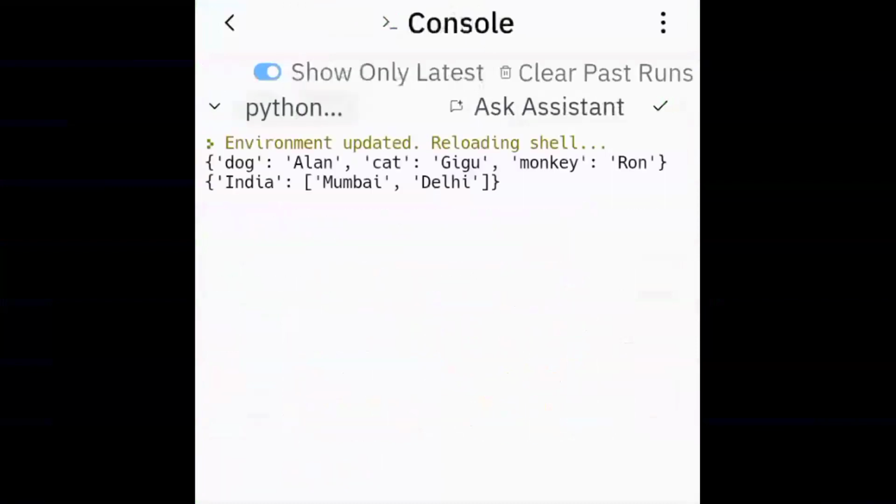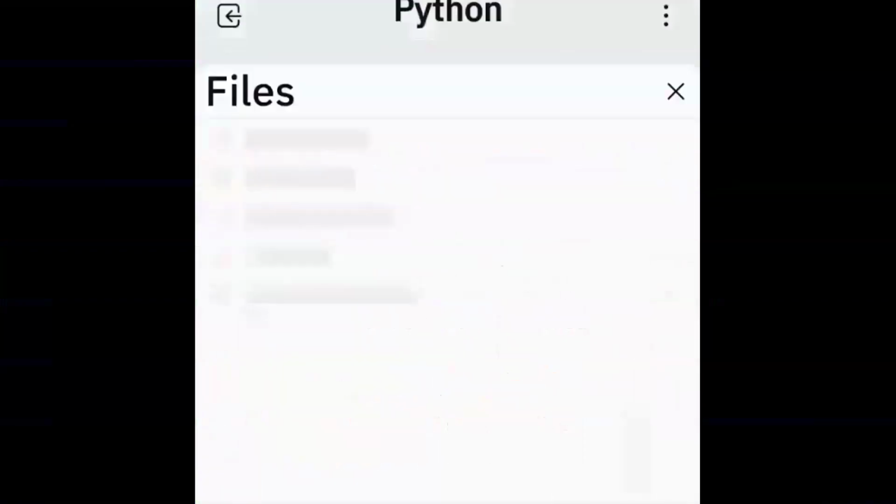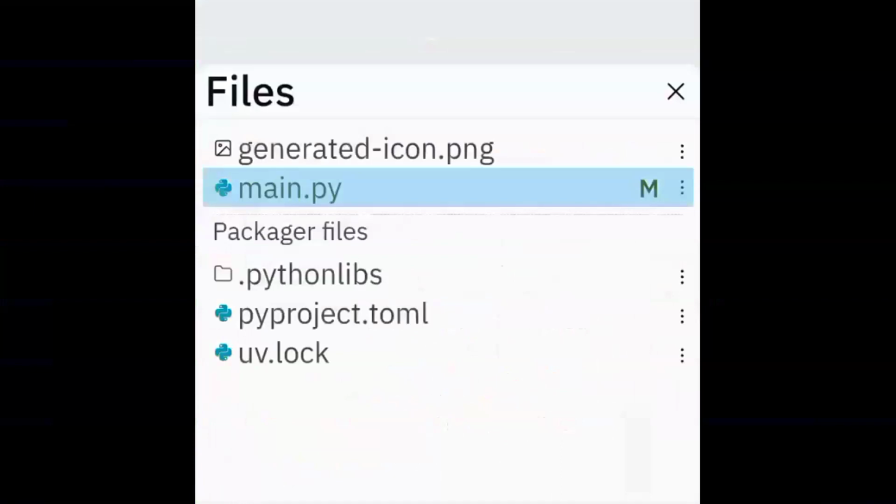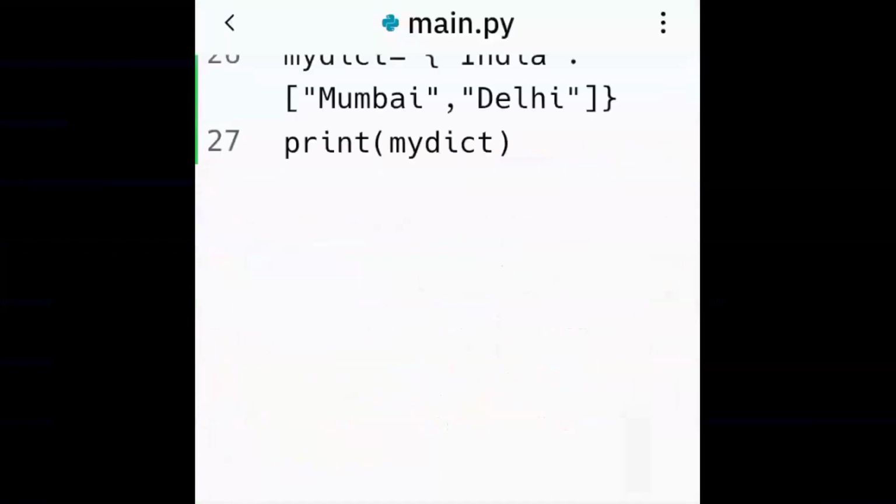There you go. So India, Mumbai, Delhi. So it's working. Yeah. So it's okay to have a string as a key in your dictionary. And it's okay to have a list as a value in your dictionary. Because lists are mutable, and in the key value pairs, the values are mutable, but the keys are not mutable. So it's okay also. That's what I was trying to show through this example here.